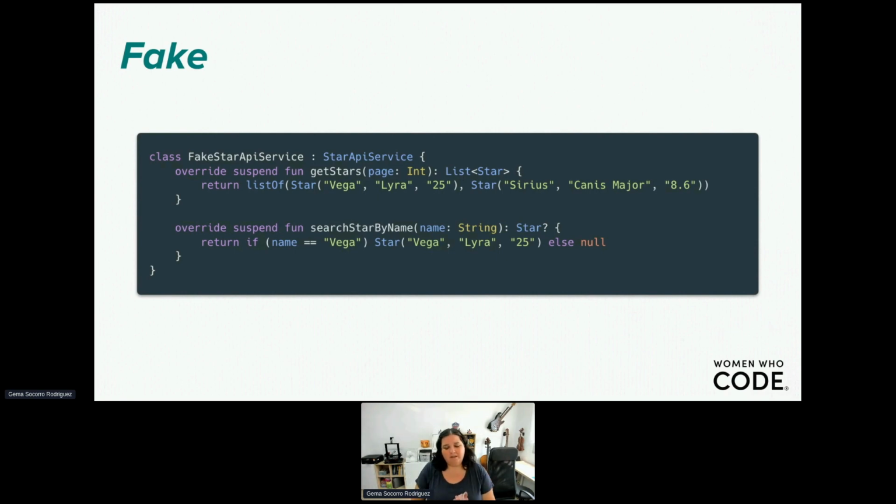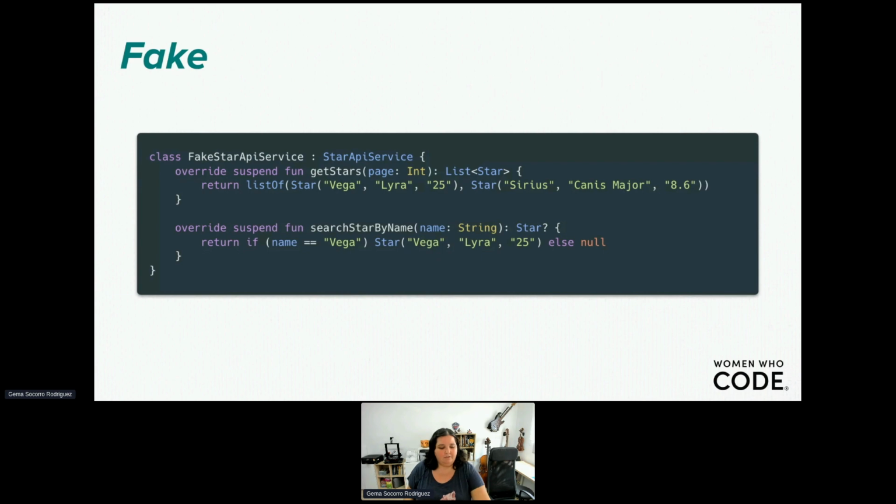Then we have the fake. In the fake, we will create a new version of the dependency, we will extend the class of the dependency, and we will do whatever we want it to do. For example, in this case, we are going to fake the star API service, which will be the service that we will use to get the list of stars.